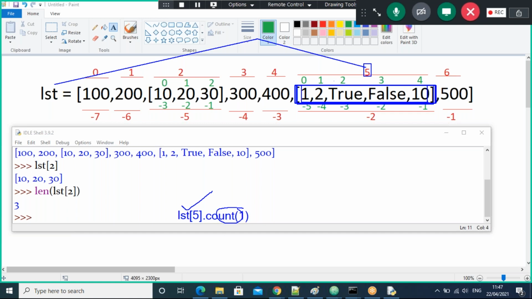But you all check the answers. What is the answer you gave just now? You all gave almost the answer LST dot count of 5, a count of 1, like that. Or some gave the answer like something count of some LST of 1, like this.